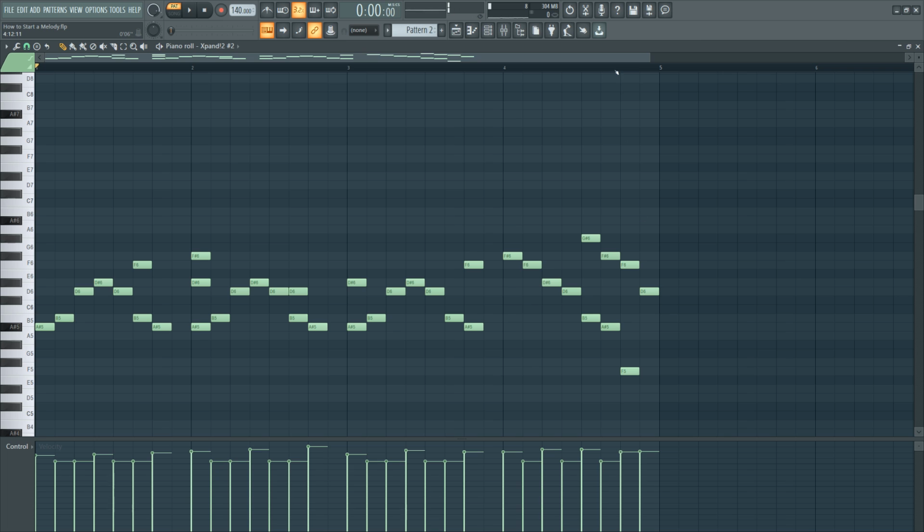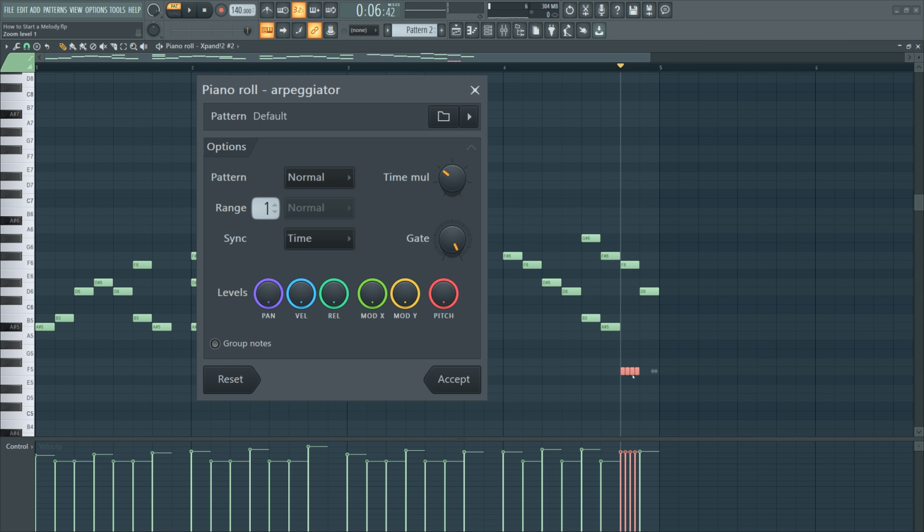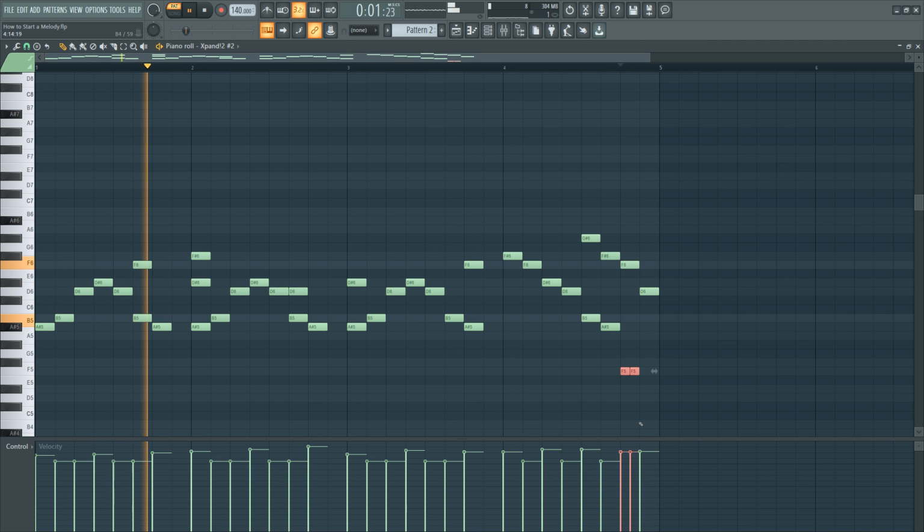So I want to go brum. So I'm going to add a little stutter here. So let's highlight that note. So I want to go boom, boom, boom. Let's hit Alt A in FL Studio. Change your time multiplier just so it has 2 notes. Okay, so that's how you create rhythm before you even get to the drums.